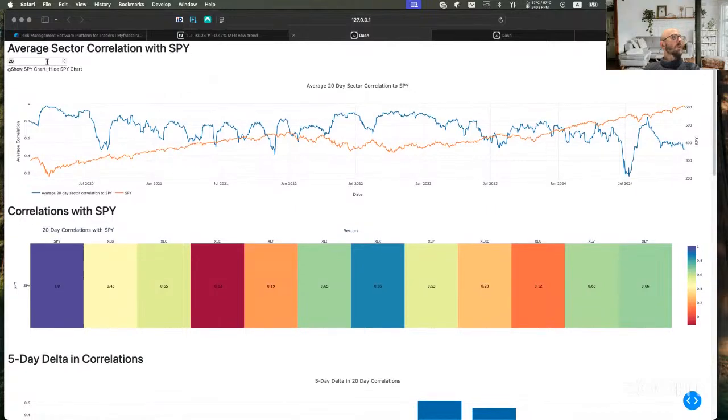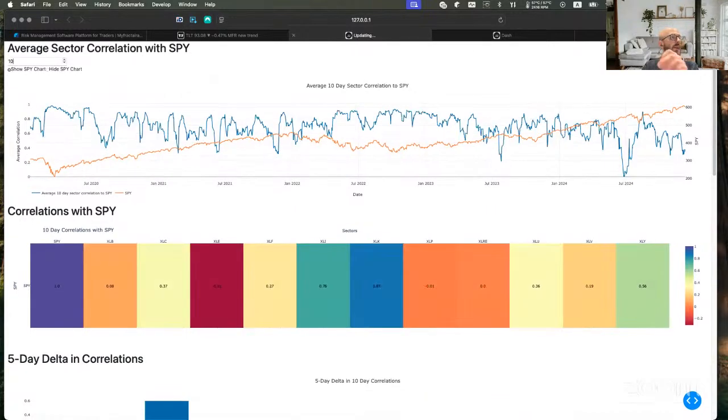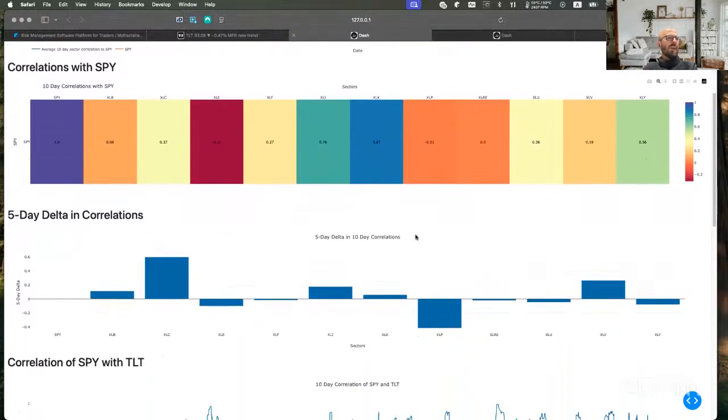Let's go back to 10 days and see the changes in correlations, like I was talking about. Basically, that's my main period. I always start with 10 days. Then I take a look at what's happening in 5 days, because sometimes they can give you signals about what can happen, and then I go to 30 days. But I always start with 10 days, and correlations are either almost the same as where they were or going down, and no surprise here.